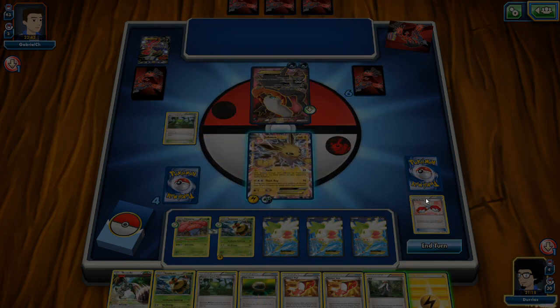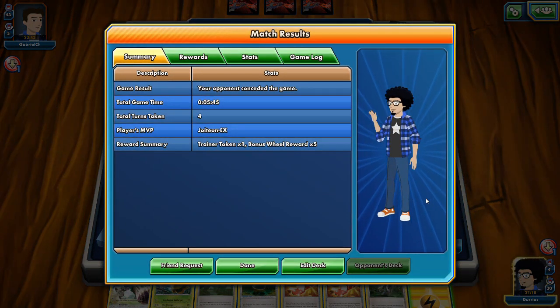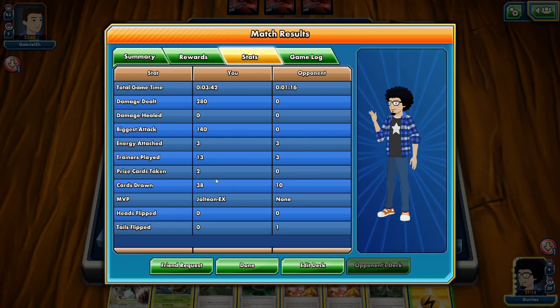For decks like Yveltal and Darkrai, which typically do not play any basics except for Zoroark. Sometimes they do play Zoroark. So we dealt 280 damage versus 0, Jolteon-EX MVP versus no one, because my opponent could not attack us. And this was yet again a short game, so I will find myself one more opponent for the last game